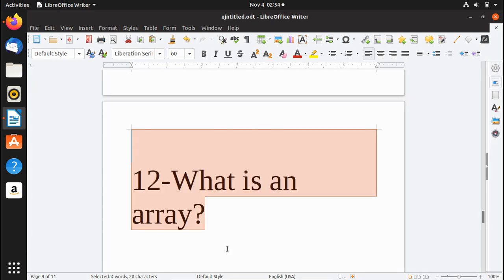Okay, so the next question is, what is an array? The answer to that question is very simple, but if you're a computer science student, you're going to be asked a question about an array. An array, you can say, is a container which basically holds a fixed number of similar data types. So in an array you're going to have data of the same data type, for example, integer, string, or float. Okay, so you cannot have string data inside an integer array, or vice versa.